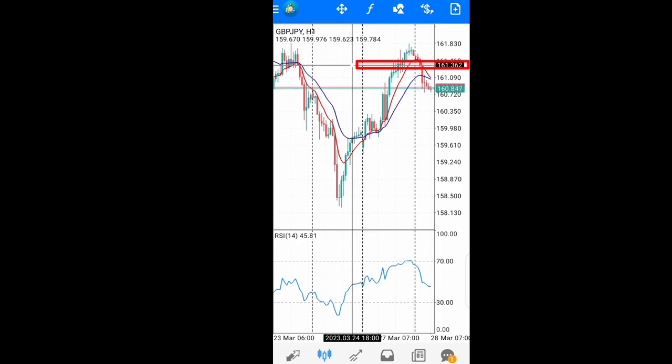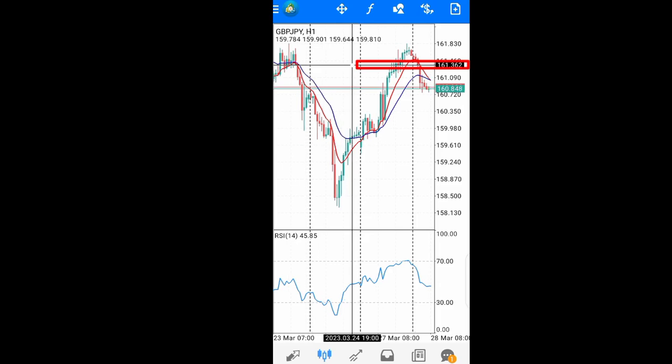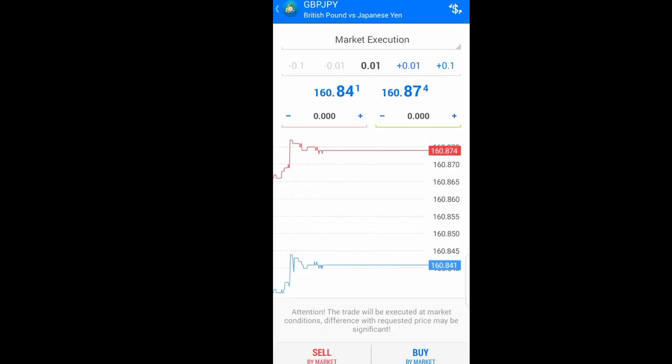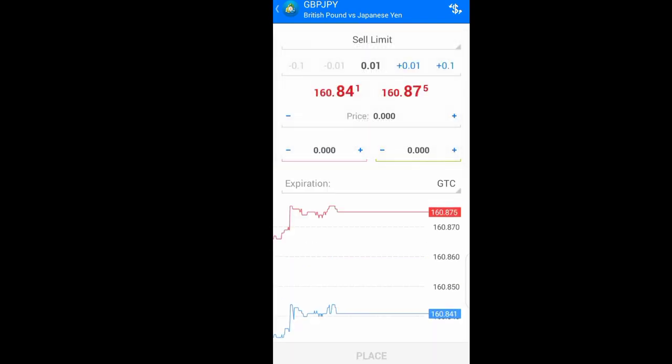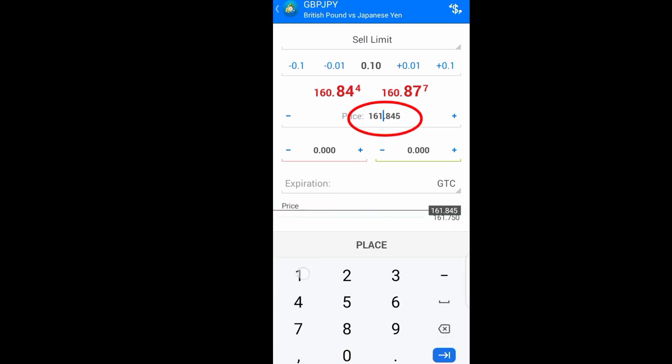Now that I've determined that price may get up to that point before it starts going down, I will place my order at that point and put my stop loss just above it. So to place that order, having determined where I'm going to join the bears, I will come to my order. Instead of market execution, I will select sell limit. Then I will choose the lot size that I want to place, 0.1. I've decided to join the market 60 pips above the current price. That's about